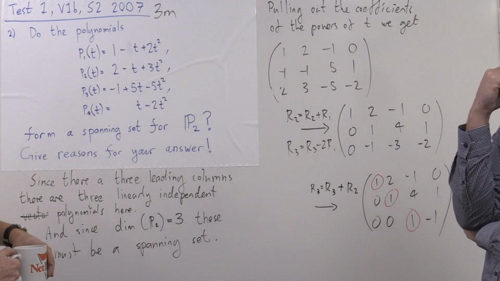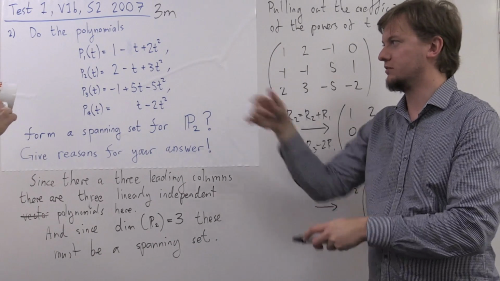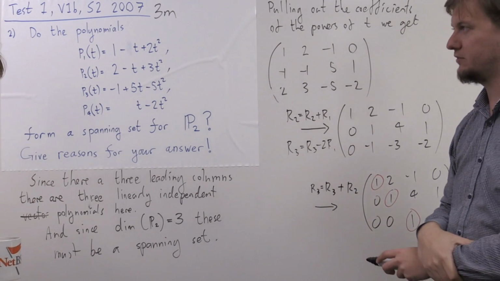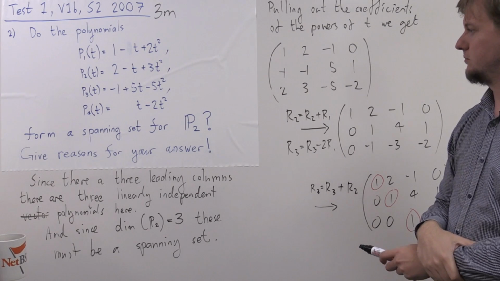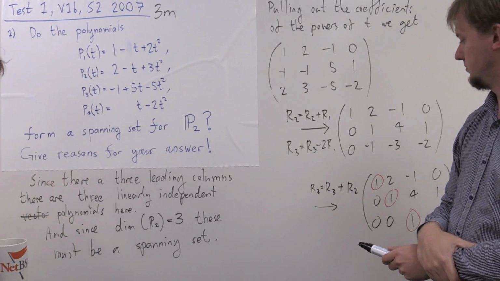I guess I could state that these three do form a basis, and if you have a basis, then you definitely have a spanning set. Yeah, you've got a lot more machinery at your disposal when you have three vectors in a three-dimensional space that are